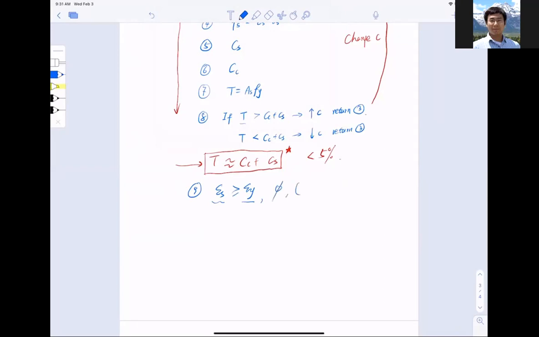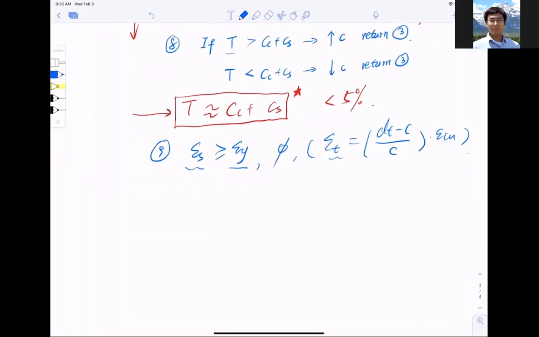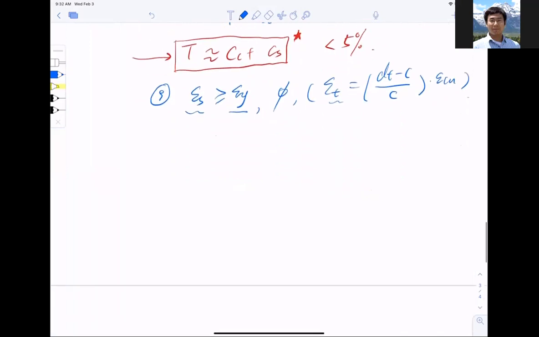How do you find it? You use epsilon T, okay? And that is (dt minus C) divided by C, multiplied by epsilon Cu. And then at the end, once you have phi, you can easily compute phi and compute the moment capacity